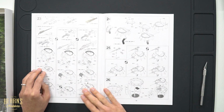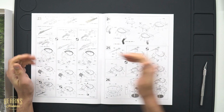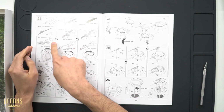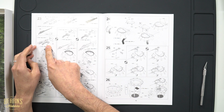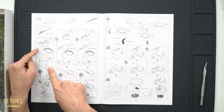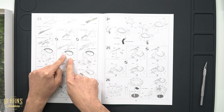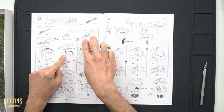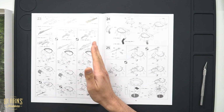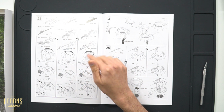All right, so this is where we choose which particular configuration we want for the T50 turret. So 3 configurations here. So you can either have one 50 cal mounted, or there's one 30 cal mounted, or there's two 30 cals. I think later on they also had the option of a 50 cal and a 30 cal within the turret,